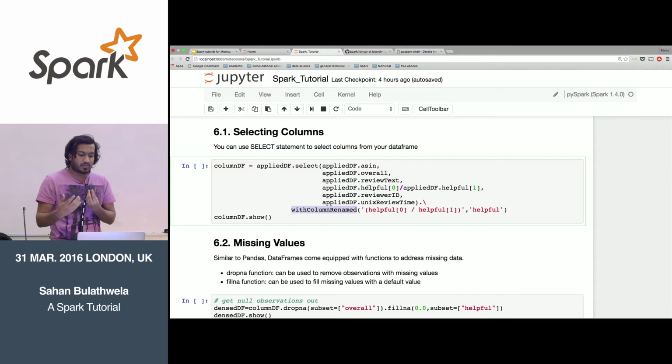What happens with Spark is, it works on transformations. So once it runs the transformation until this point, the output will have a column called helpful 0 divided by helpful 1, which is a horrible column name to deal with. So here I am using a function to rename that column into a more usable, easier to use